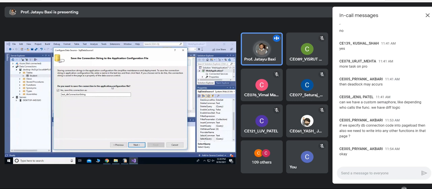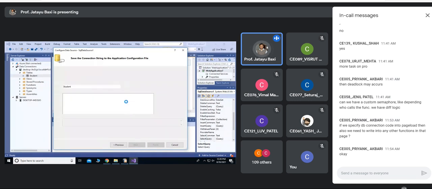Now it is asking me whether I want to store the connection string in my application configuration file, that is my web.config file, which is the ideal practice. So I can say yes, because it is a good thing. Later on, it will be helpful to me. So it is automatically doing it for me, so I will say yes.